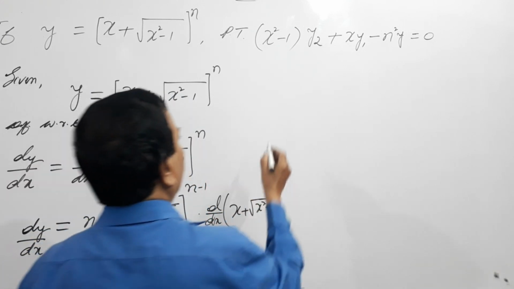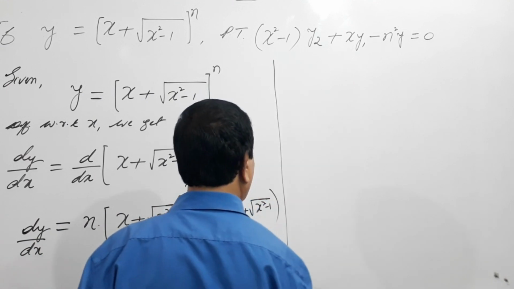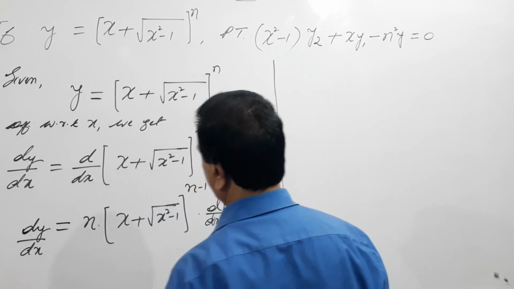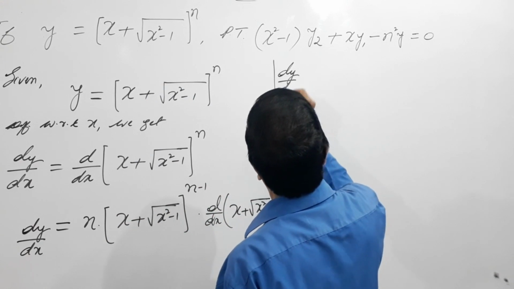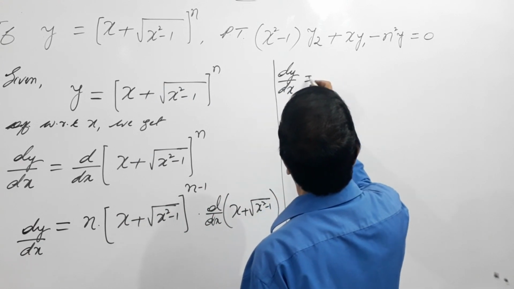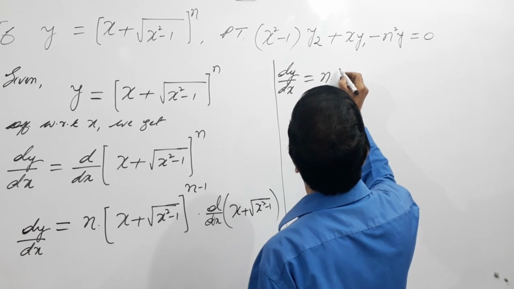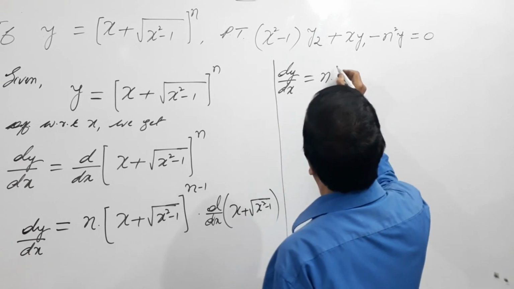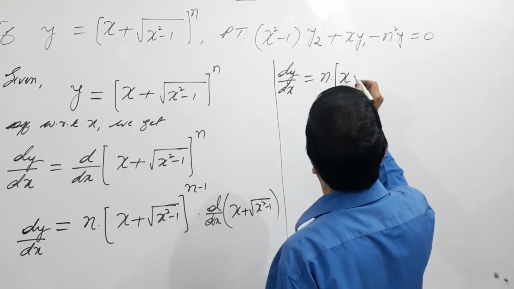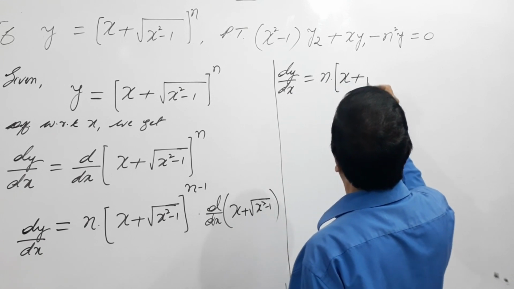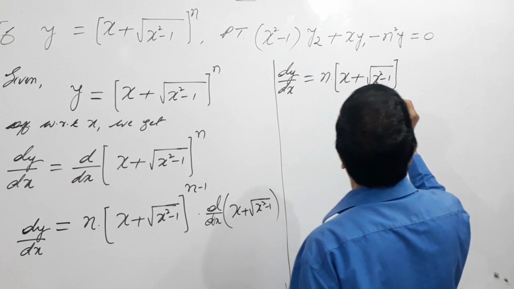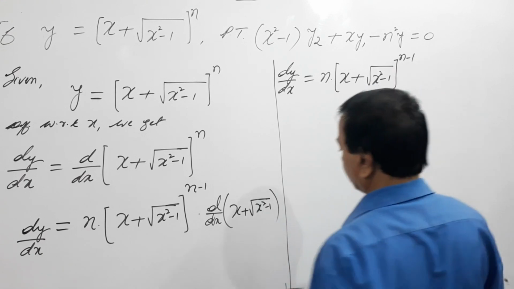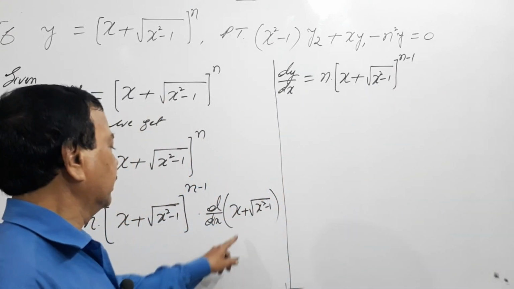So I do it here. What happens here? dy by dx equals n into (x plus under the root x square minus 1) to the power of n minus 1. d by dx of this is nothing but